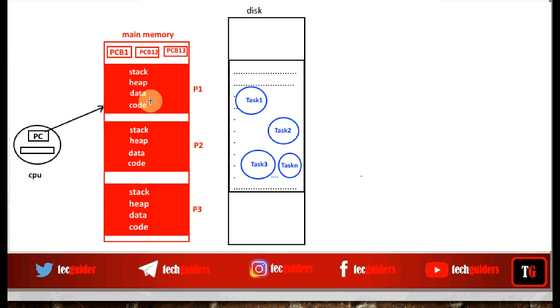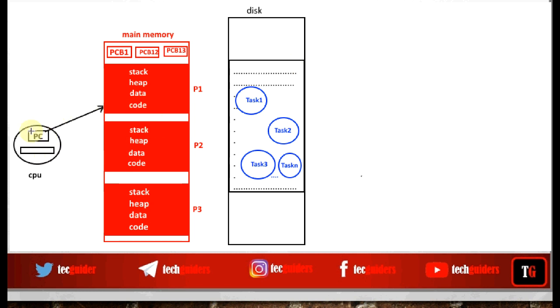So now P1 is in execution. It means the processor is executing some lines of code from the code space of P1 by accessing this data space, this heap space, and this stack space, and the processor registers are having the values corresponding to the process P1.